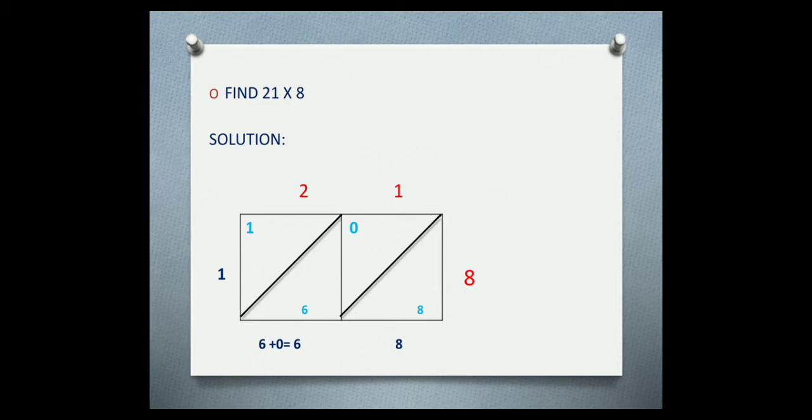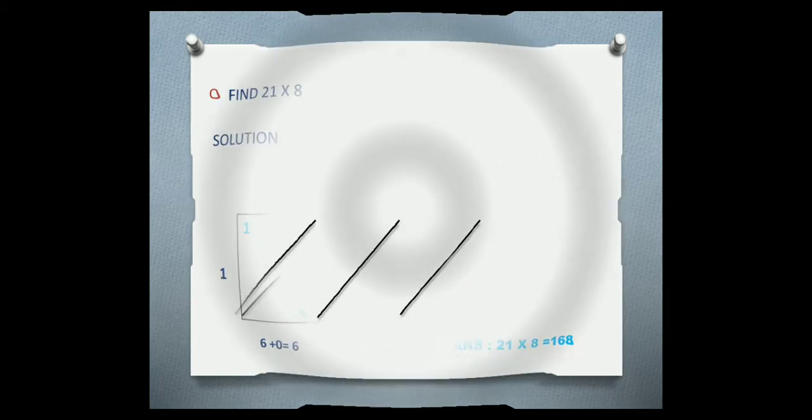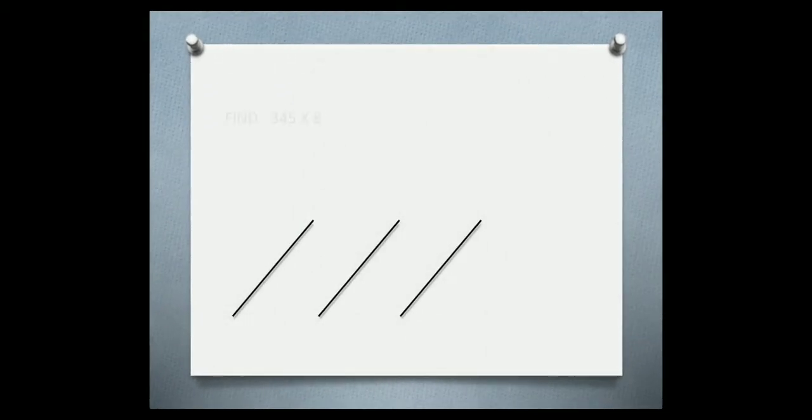Now while writing the answer, as I said, you have to go from left side to right side. So what is on the left side? I have 1, then I have 6, then I have 8. So what is my answer now? Yes, it is 168. So 21 into 8 equals 168. Have you all understood now? Yes. Now let's look at another example, so that you will understand in detail how to use this method. Now you can see here I have a 3-digit by a single digit, right?